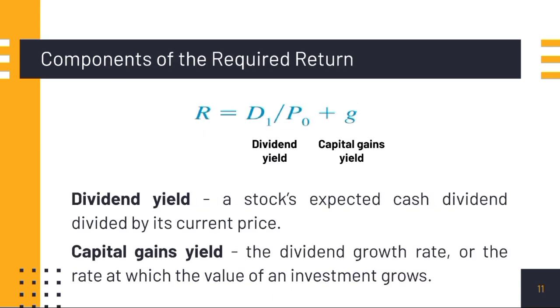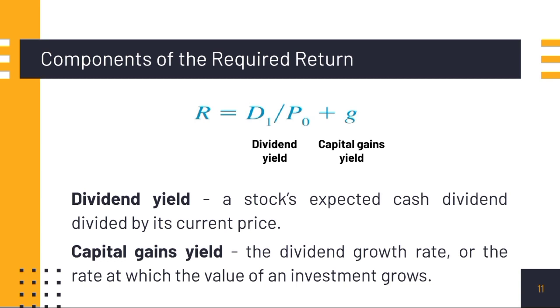Let's move on. What if ang hinahanap naman natin is the required return? So, mula sa main formula, na-derive ito para sa pagkuha ng required return, wherein D sub 1 over P sub 0 is called the dividend yield. Ito yung expected cash dividend ng stock divided by the current price ng stock. Yung G naman sa formula is the growth rate. At dahil ang dividend growth rate ay also the rate at which the stock price grows, considered ito bilang capital gains yield. Capital gains yield, ito yung rate kung paano mag-grow ang value ng isang investment.